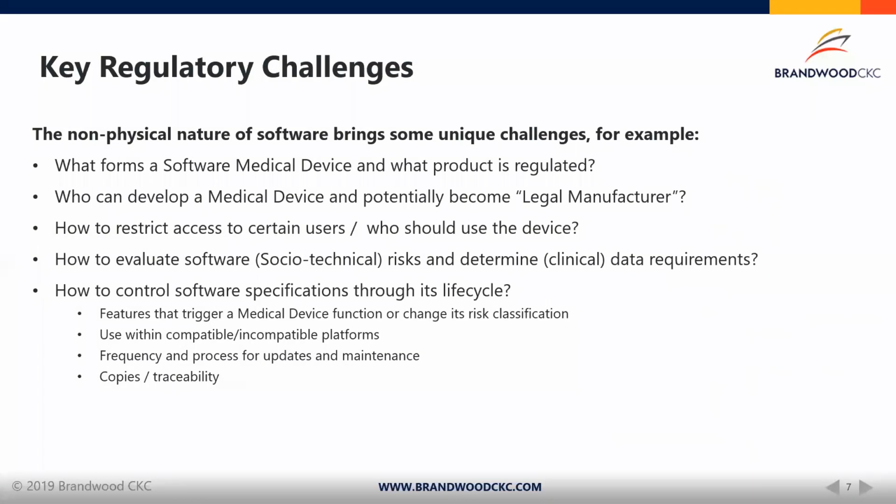So what are the key regulatory challenges that are triggered by those evolving technologies? Well, first of all, and I'm stating the obvious here, software is of a non-physical nature, and so that brings some unique challenges within the regulations. There are some typical questions that have been addressed through regulations and various guidance documents, which we'll talk about in a moment. But essentially, those are: